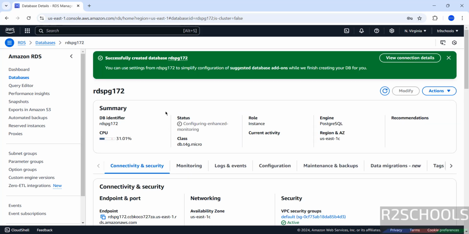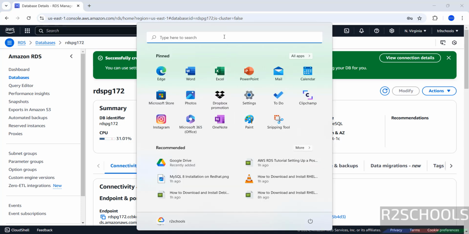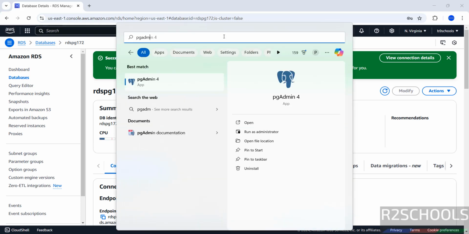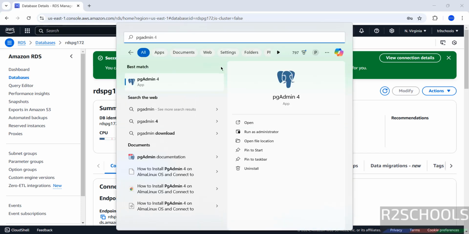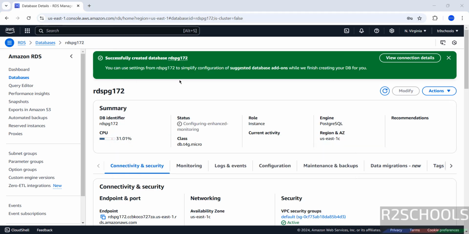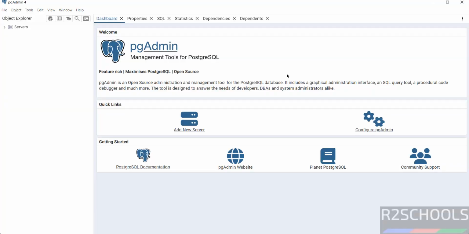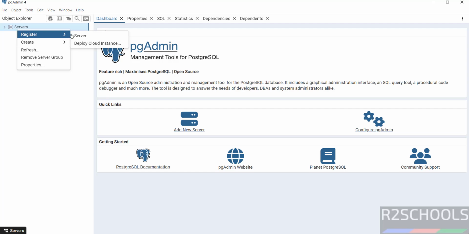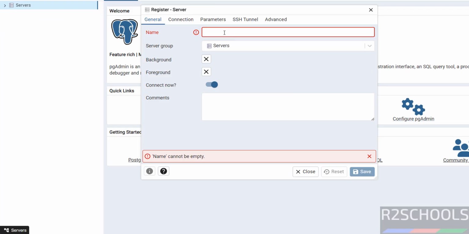We can connect by using pgAdmin or DBeaver or PSQL client. If you have installed PSQL client on your machine, then we can connect to PostgreSQL. I have already installed pgAdmin. If you want to install pgAdmin or DBeaver on your machine, then go through the links provided in the video description and install them. Now click on add new server or right click and select register, then server, both are the same. Then give